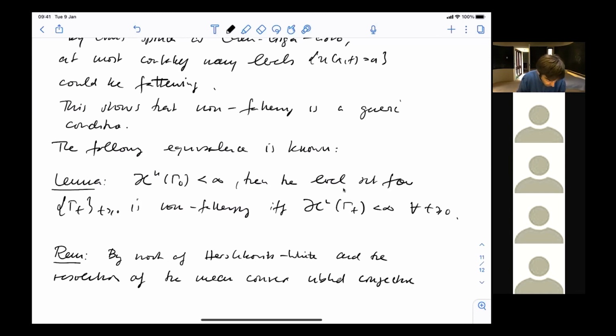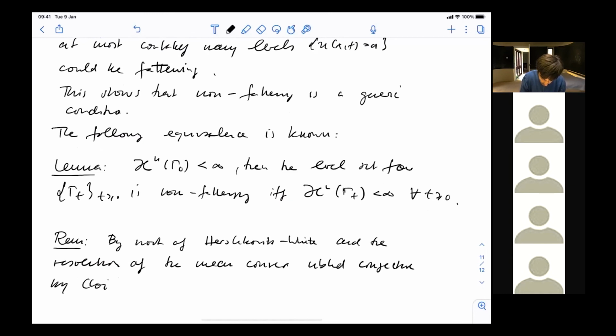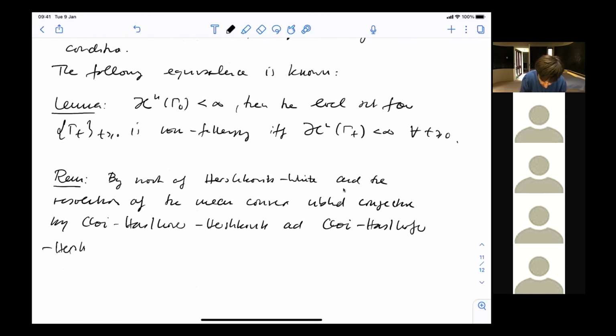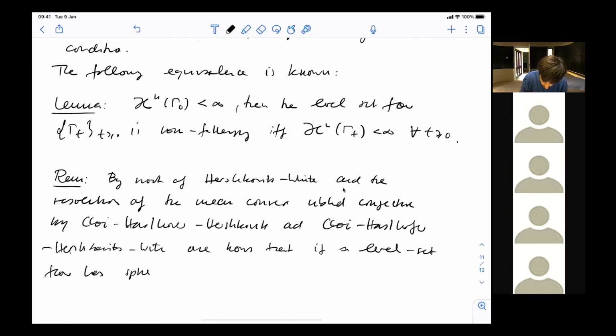The people have heard about this, by Choi-Haslhofer-Hershkovits and Choi-Haslhofer just recently. Hershkovits-White. One knows that if a Levelset flow, that's how they define it, has only spherical, so you have only tangent flows more or less, which are shrinking spheres, or neck pinch singularities,